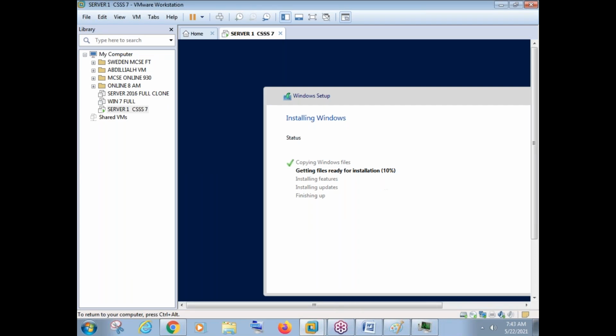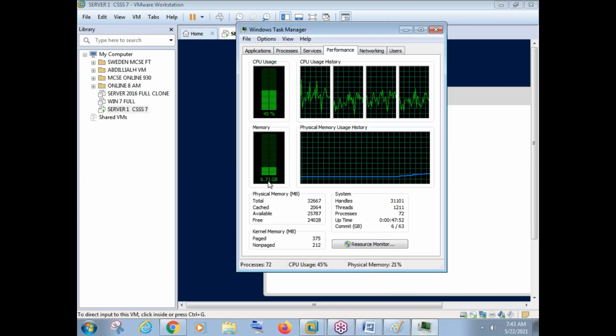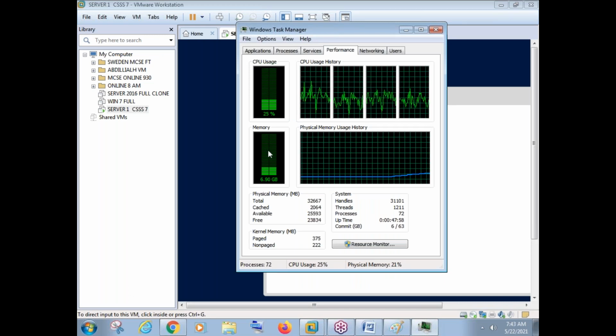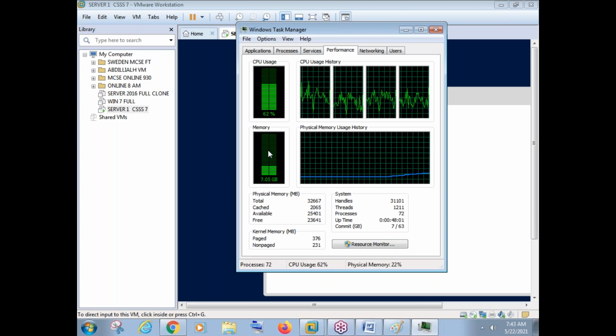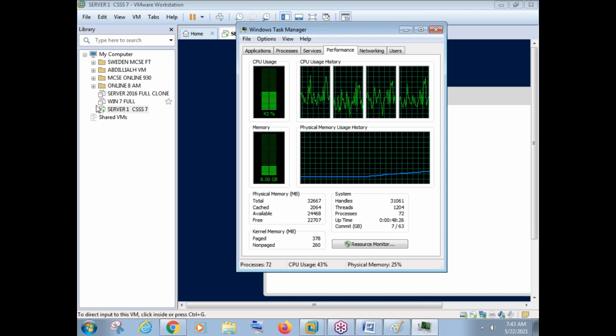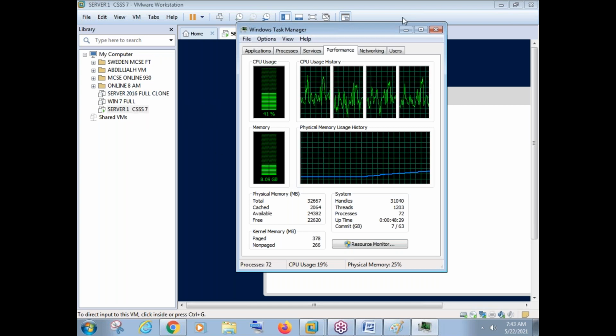Okay, so 10% is completed. Now let us go and check here. See how much GB RAM it is using now. It is using like 7 GB. Before it was using only like 3.5 GB, but now a virtual machine is created inside your physical machine, and that virtual machine started using some of the resources. The virtual machine is on. I have many more virtual machines here, guys, but all these virtual machines are off. Remember I told you, if the virtual machine is off, it will not use any resources. If the virtual machine is on, then only it will use the resources. So see, it has already used 8 GB of your resources.